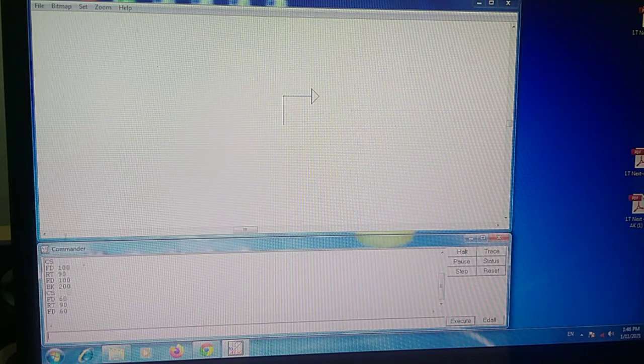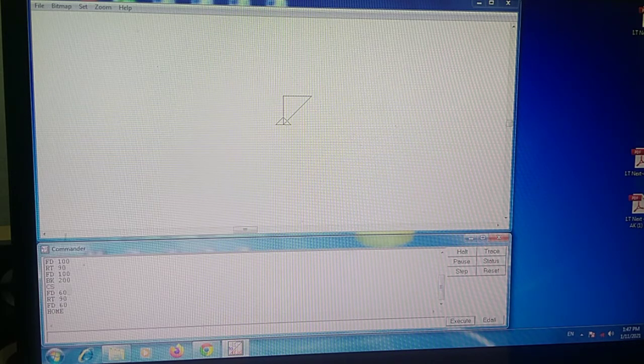Then you have to use home. The home command brings the turtle to the center of the screen, also called the home position. This is the way you can draw a triangle: FD 60, RT 90, FD 60, then your home position.